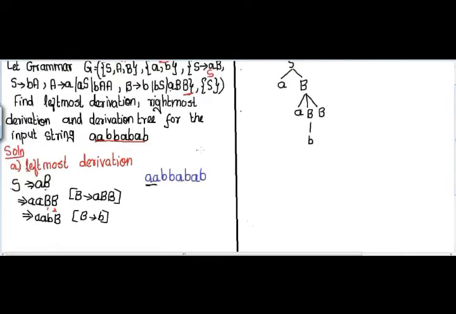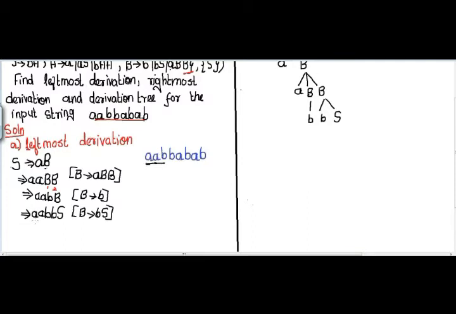Now I have completed up to this, and the next character I need is again b. Here I have a B production, and there are three B productions. If I choose the first, B tends to b, I cannot proceed further in this input string. Hence, I choose the second, B tends to bS. If I choose the third, it starts with a, but I need b. So instead of this B in the derivation as well as in the parse tree, I substitute bS.